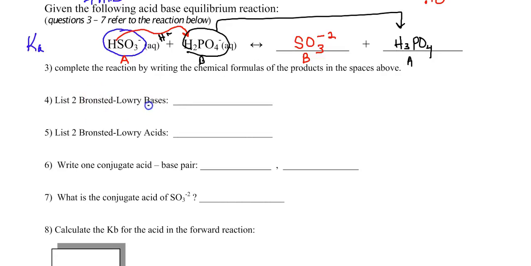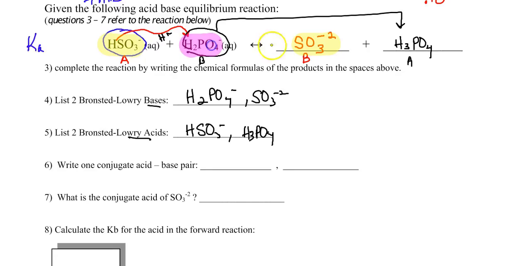So list the two Bronsted-Lowry bases: H2PO4 negative. Who's the other base? That would be SO3 negative 2. Who are the acids? That's HSO3 negative and H3PO4. So make sure you understand the conjugate pairs are the same chemicals plus or minus an H. All right, so if we look at one conjugate pair,